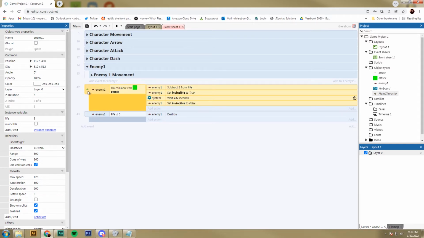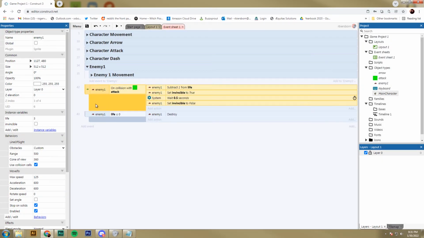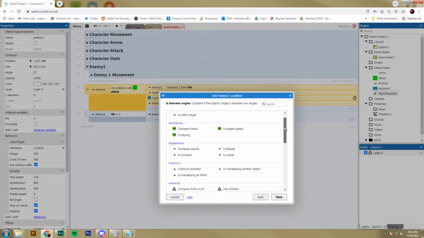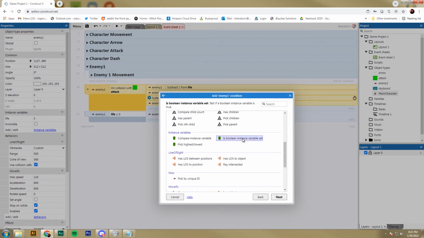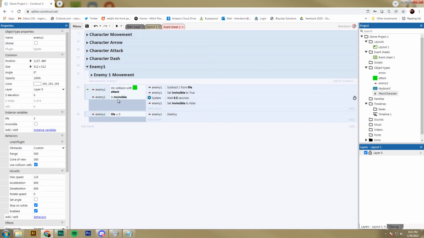You can add another condition by double-clicking over here on the left tab. You can also double-click in the gray area down below. And we're going to go to enemy, and we're going to scroll down to "is Boolean instance variable set." Double-click on that, and it's set to invincible. Good. Now technically this is wrong because it's saying that when the enemy collides with an attack hitbox, if it